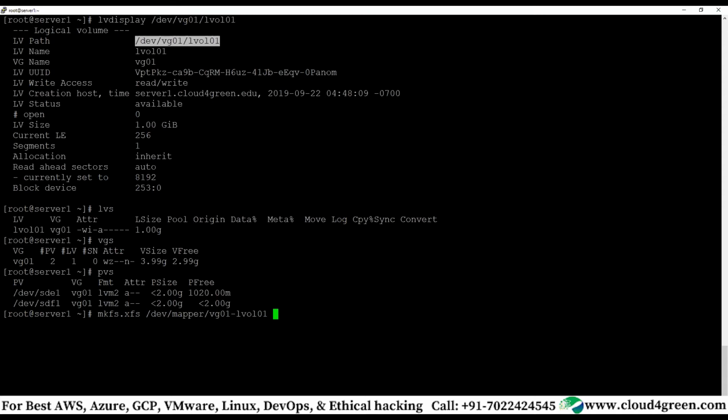Either you use the format /dev/vg01/ the LV path, or you use this mapper path, but the mapper path is basically preferred because you can use either the UUID or the mapper to mount in fstab, since it is specific to that device. Even if it is on a different disk, the disk name changes during booting, but the mapping device will not change. Okay, the best example is to use the UUID.